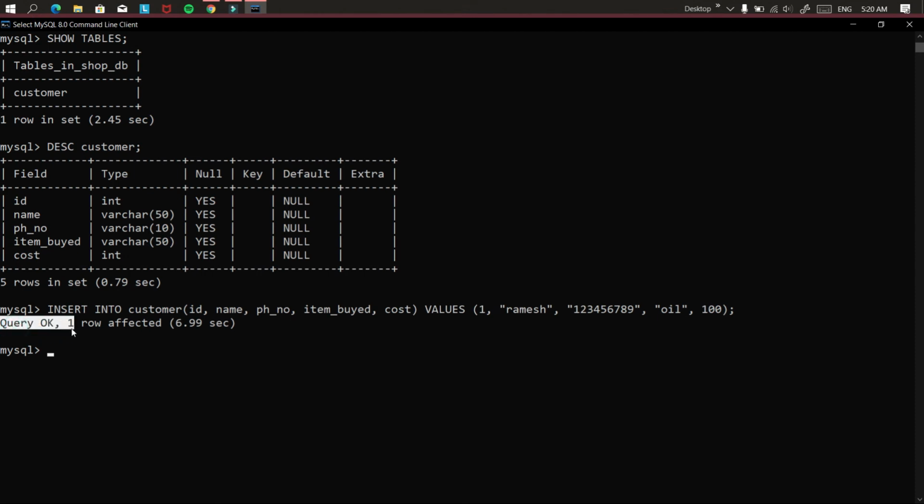You can see my query is OK and one row affected. That means my data is inserted into my table.